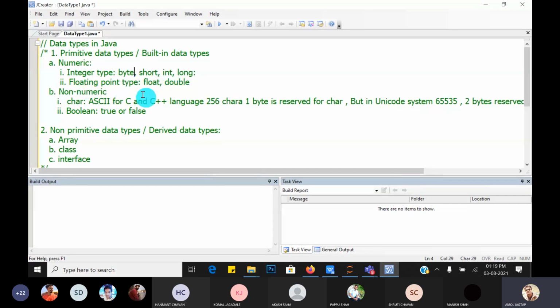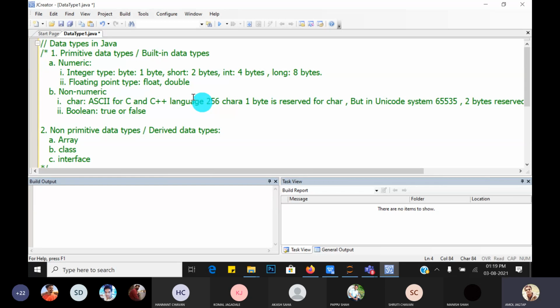First is the byte, which reserves 1 byte, which requires only 1 byte of data. Then short requires 2 bytes. Int data type requires 4 bytes, and long data type requires 8 bytes.